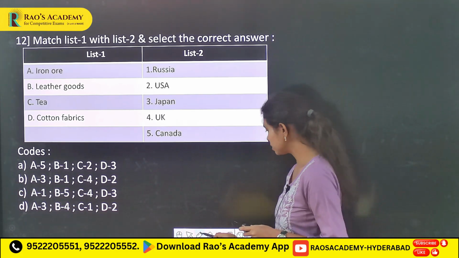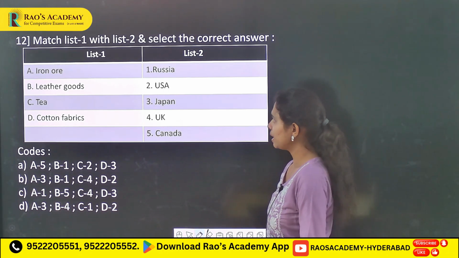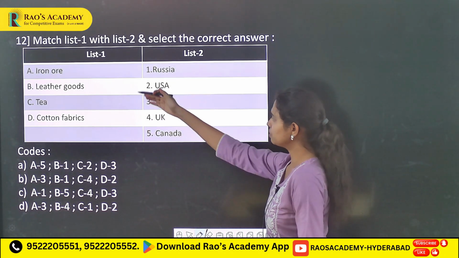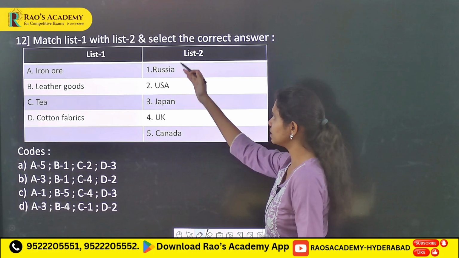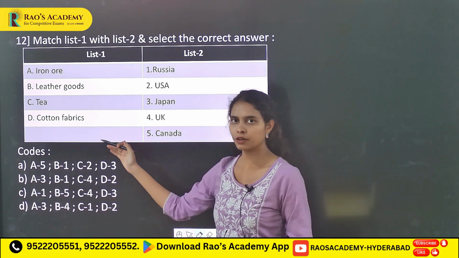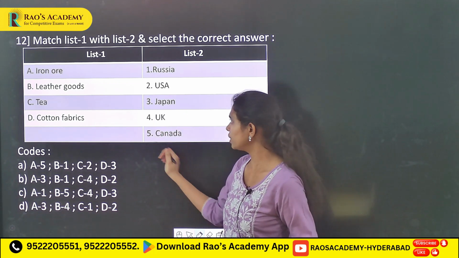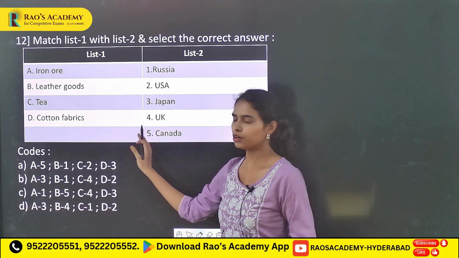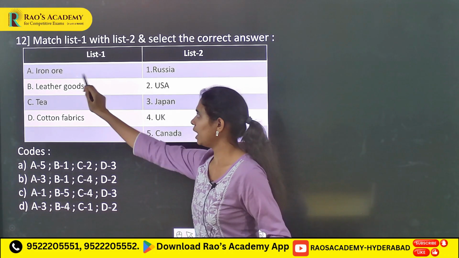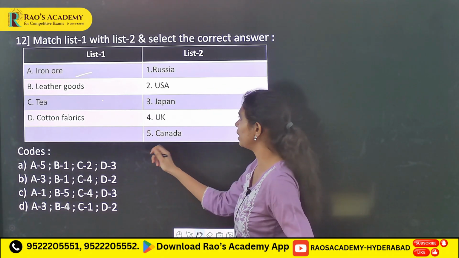And the next question is, here it has given a match between different exported products and the destination of each export product. Here these all were the exported products from India, and what is the prominent destination country for these exported Indian products? So if you see this particular product, the iron ore is greatly exported to Japan,